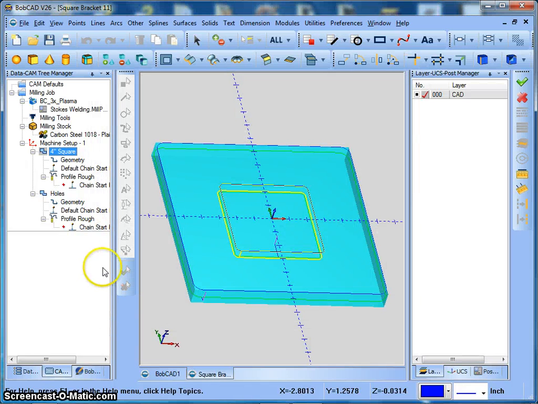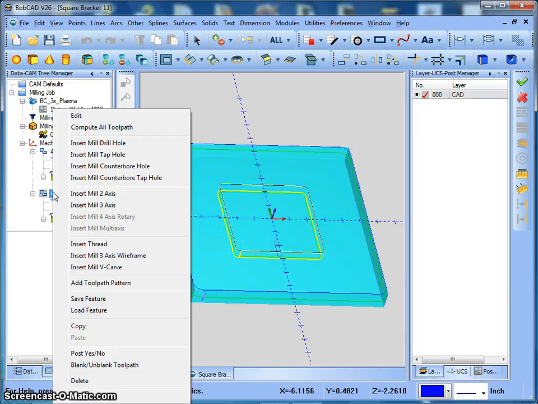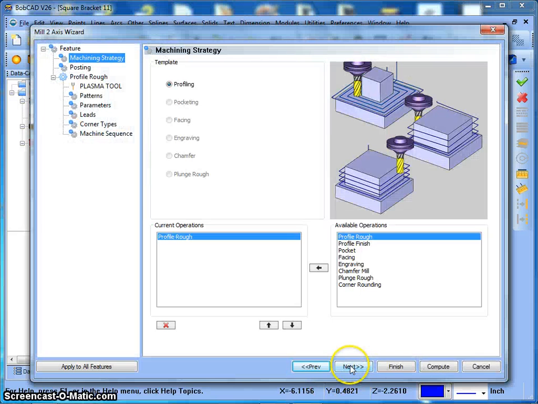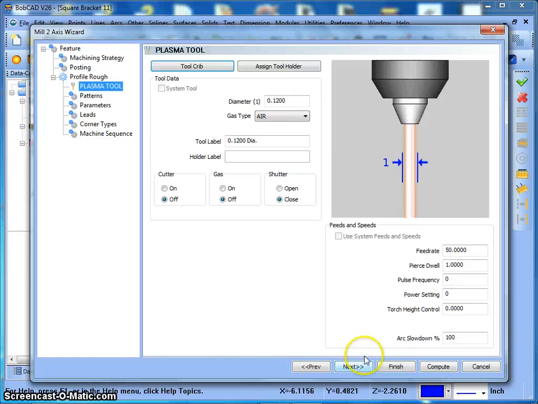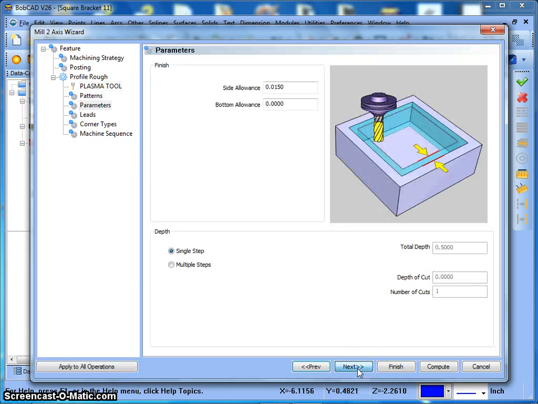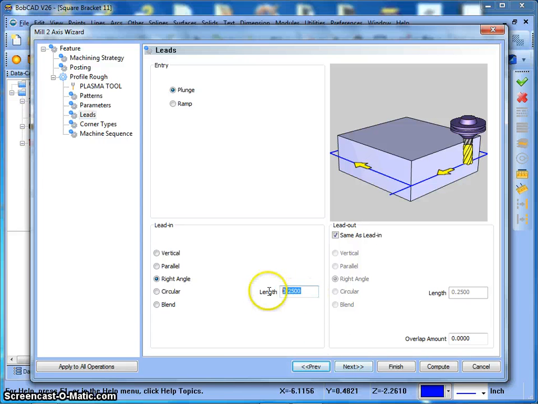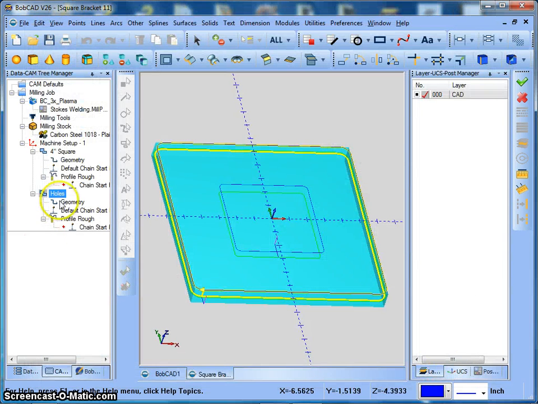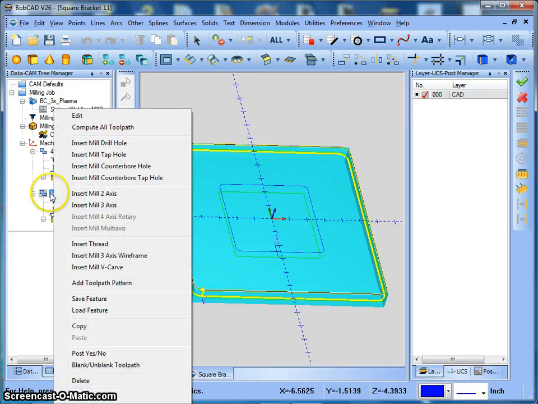So in the same way, let's say that I changed this for a different material. So this one had a different feed rate of, let's say, 45 inches per minute with a 3/4 second dwell time, and maybe a different lead in. So we'll put this at half because this is what works well on that material. I don't know. And I'll click here, go to compute, and then I will right click once that's done and